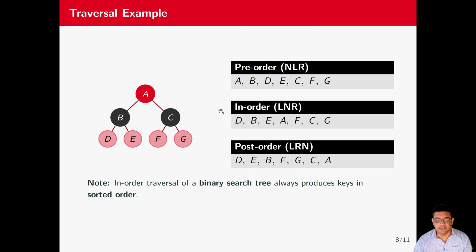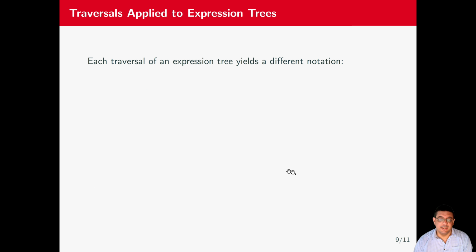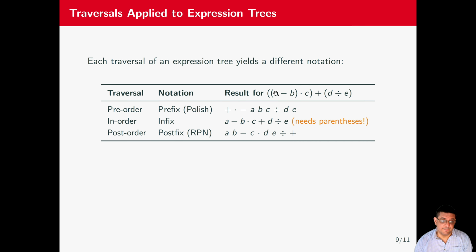In order traversal of a binary search tree is always going to be producing keys in sorted order. And each traversal of an expression is just going to yield a different notation. For example, if we think about the results for the A minus B times C plus D over E that we saw before, the pre-order